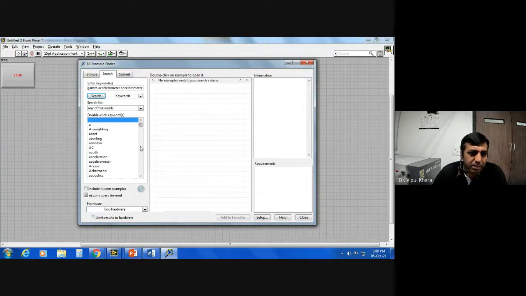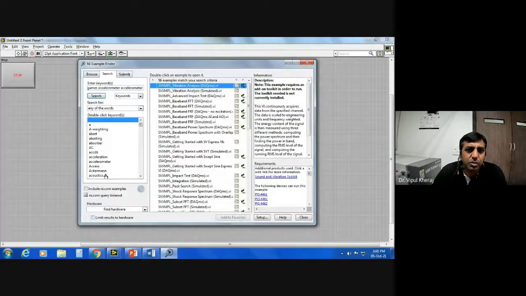Some of them require drivers. So for example, acoustics. All the acoustics related analysis is done here. Impact testing, peak search. If you are looking for some gearbox related problem, or some Gaussian function, like suppose you have some data and you want to do Gaussian analysis, like peak analysis, you are expecting Gaussian functions, you want to fit it using Gaussian, you can do that.